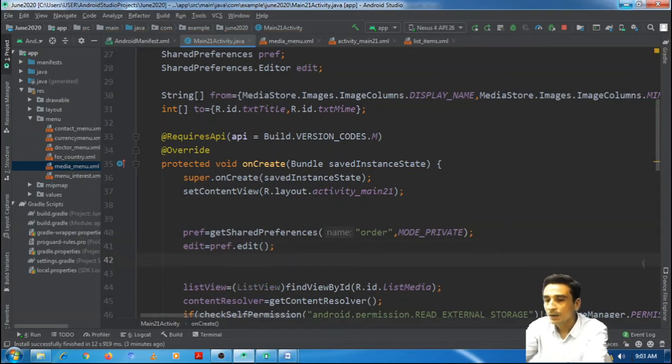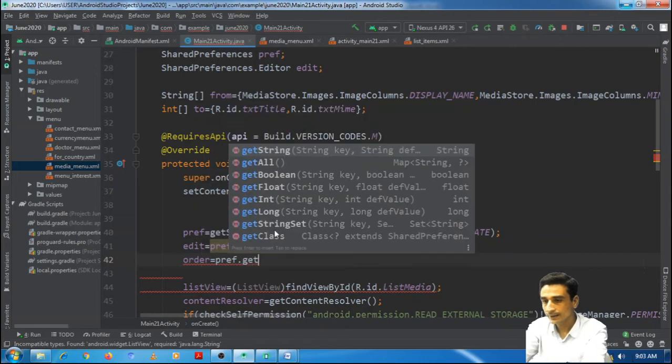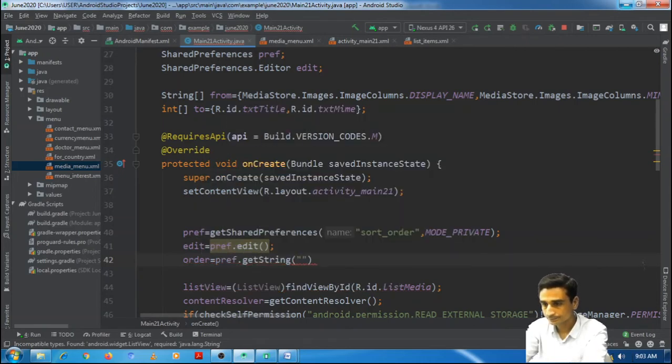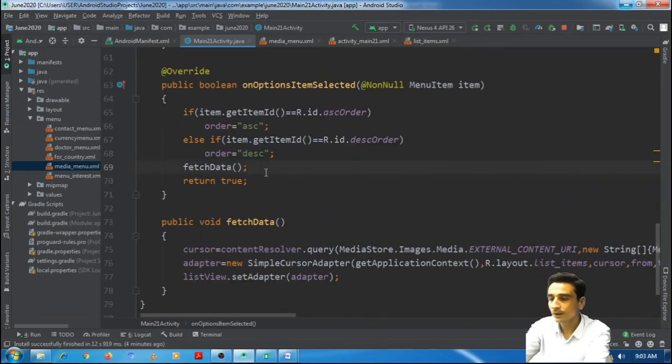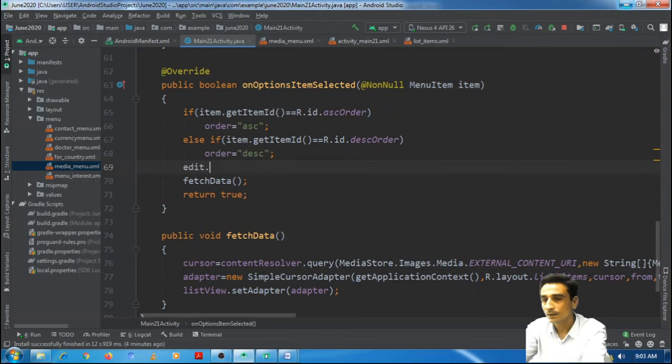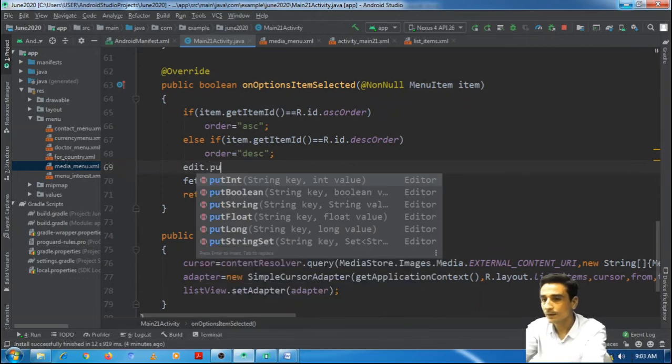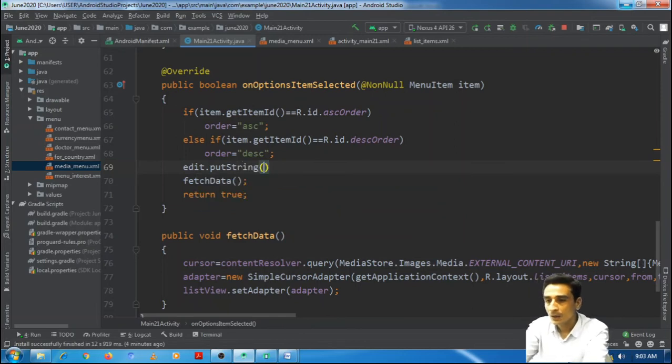Now order is equal to, I would like to retrieve short underscore order, preference dot get string order, and if it does not exist I would pass a default value as C. And when the client is making some changes, that is here, I will also make this change to the shared preference.